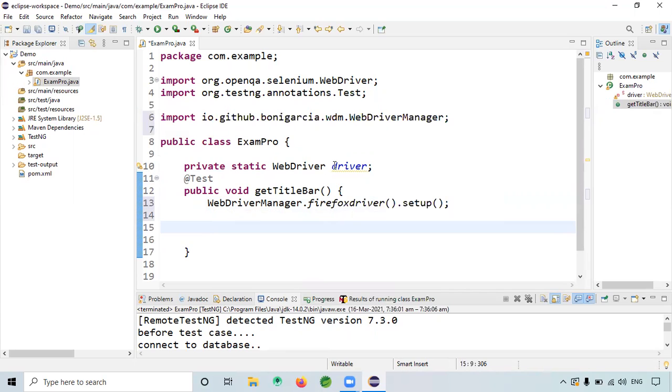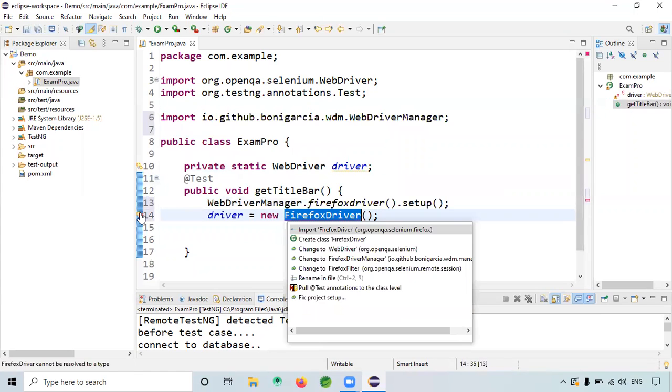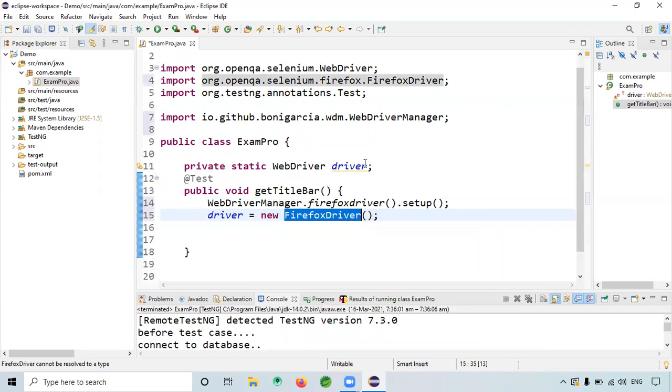So next is driver is equal to new FirefoxDriver. Okay. So now what I will do is we have something called assert, assert equal.